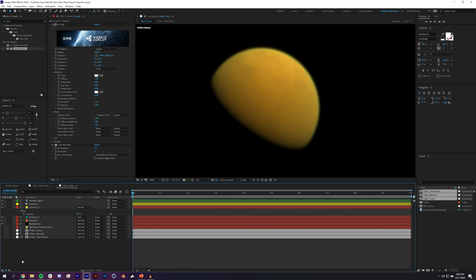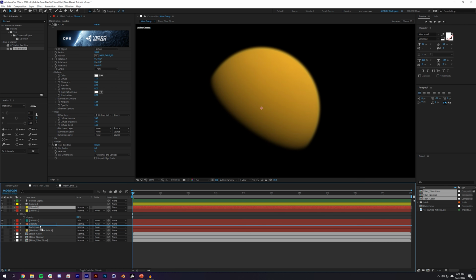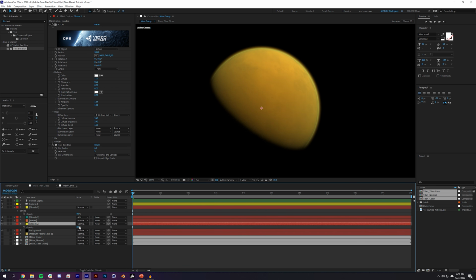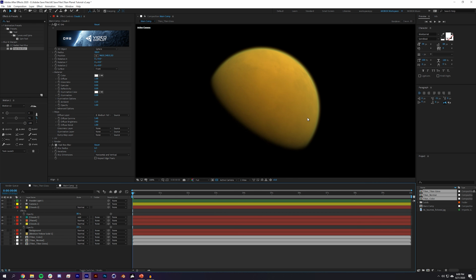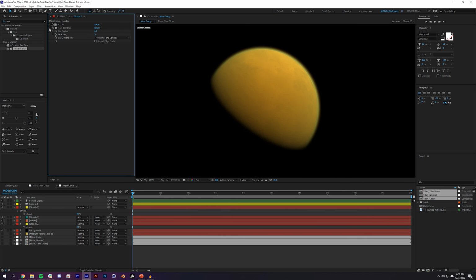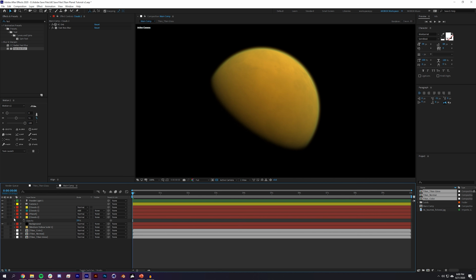Something like that. Now I can go ahead and duplicate this layer and put it underneath the planet. Bring the opacity down. So now we're getting something that looks very close to that Titan picture, right? We're getting an orange, yellow. Obviously it's a little bit brighter, a little bit more coloration here. So let's actually make a few more adjustments and